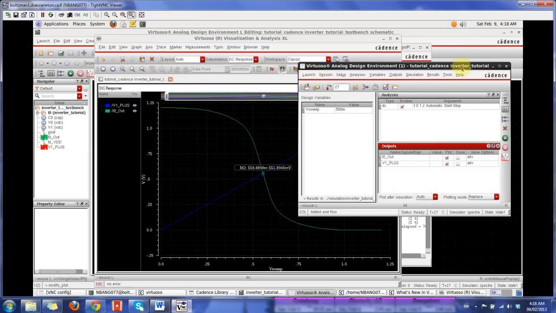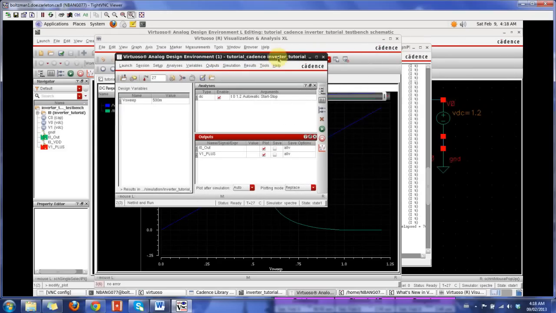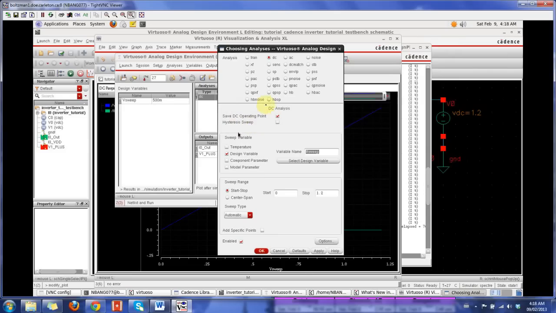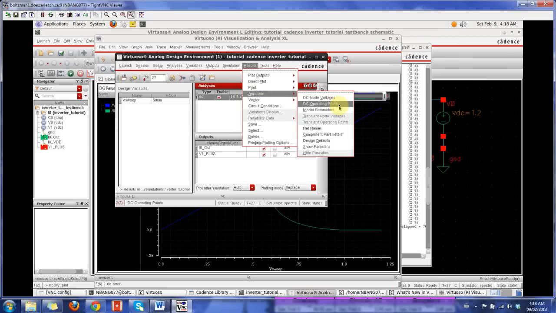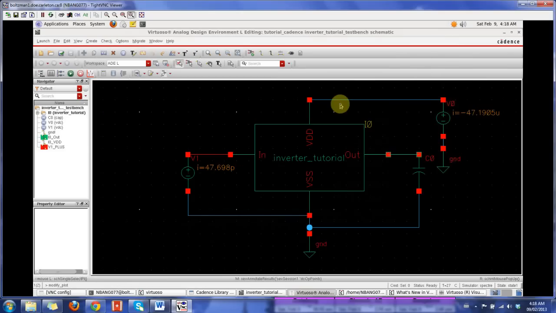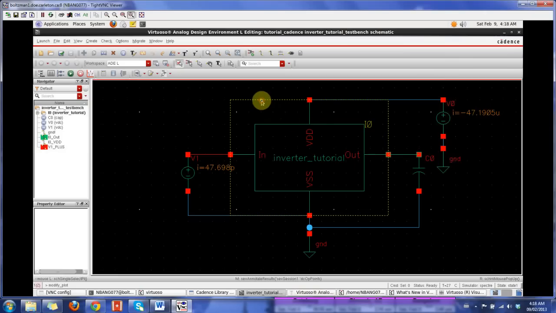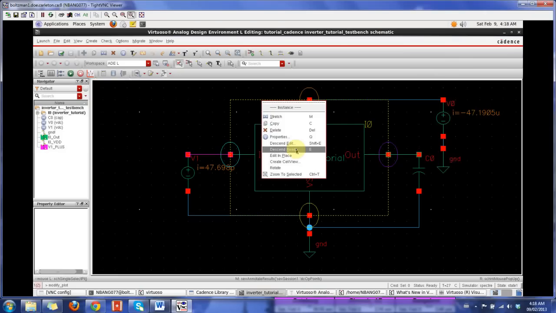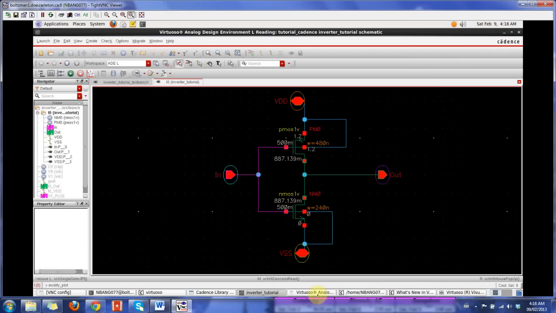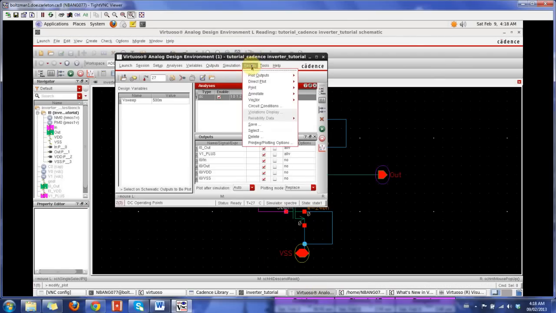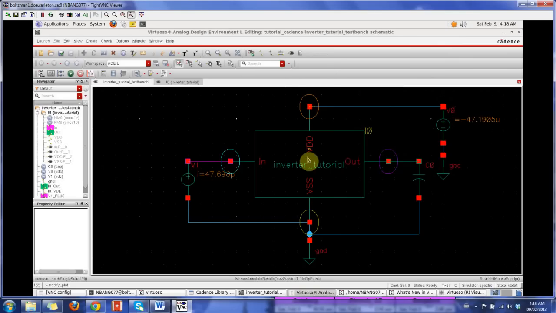Another thing I would like to show you in this tutorial before we end it is we did save the operating point. So we could go to results, annotate, and DC operating point. So this option is going to give you all the DC characteristics. So I'm just going to click on this, listen and read, say read, and then I think you have to run that again. Let's say annotate DC operating points,